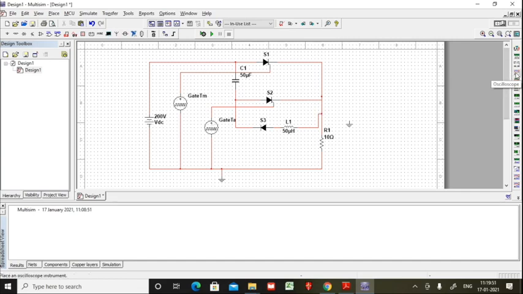So let me take the oscilloscope, make a single click. Okay, it will follow your cursor. And then we'll have the voltage here and here.